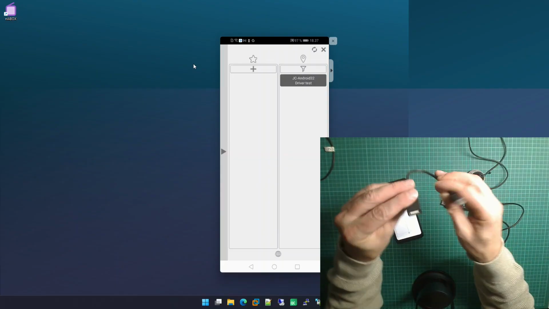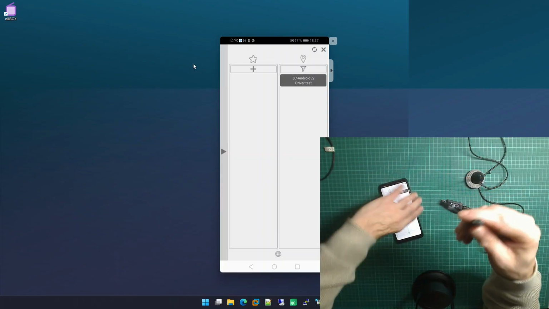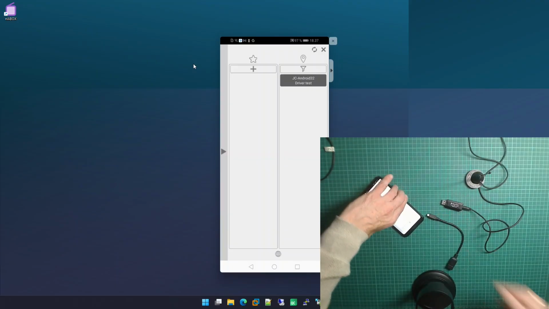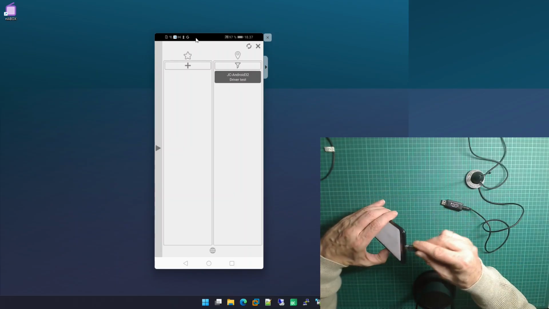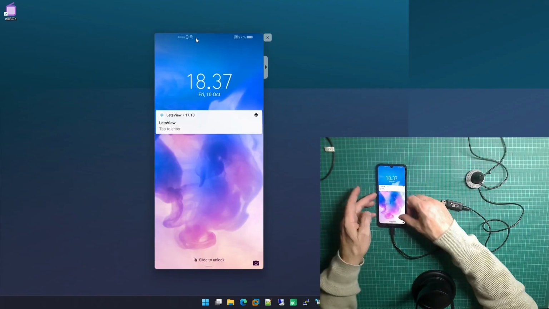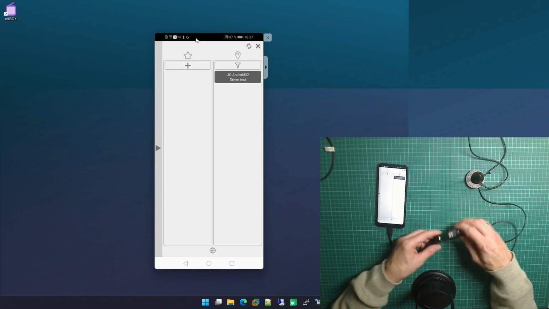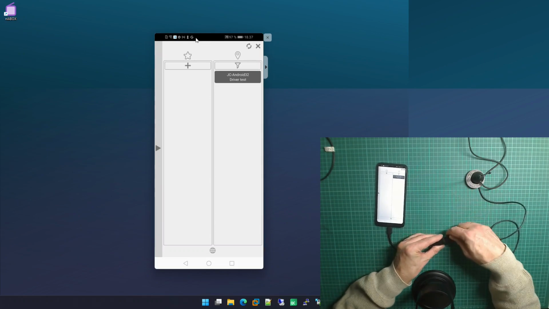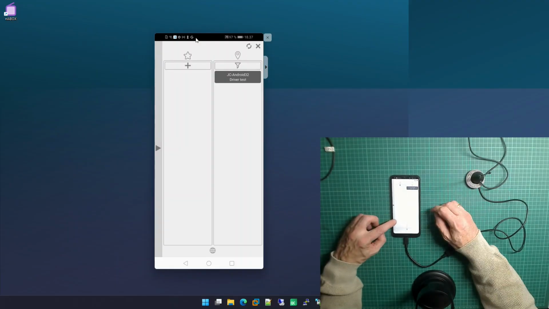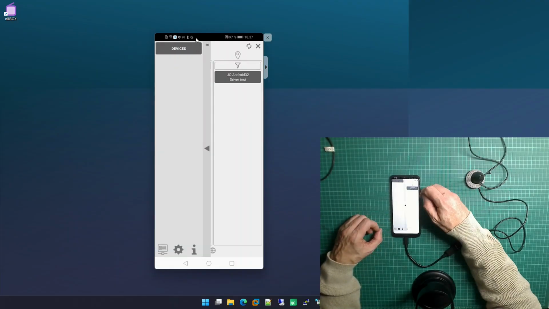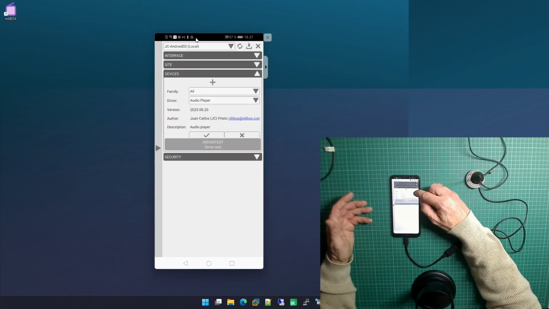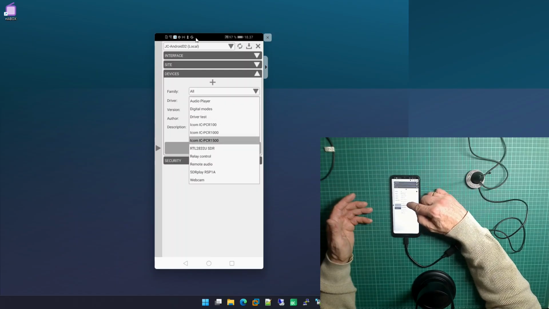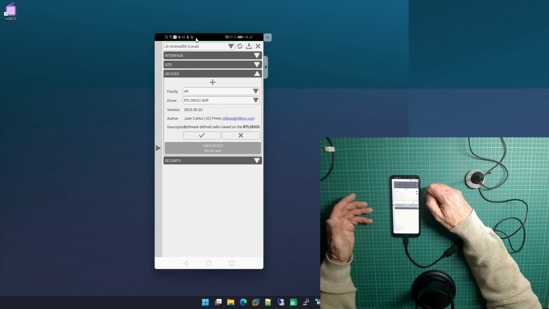I have here another kind of OTG cable, which is for this type of connector here. Okay. So I will do the same. I will connect it here. Oh, I turn off. Yes. And I will connect the SDR dongle, and same operation as before. I will go to settings. You can see that it is slower, and I will create a new RTL 2832